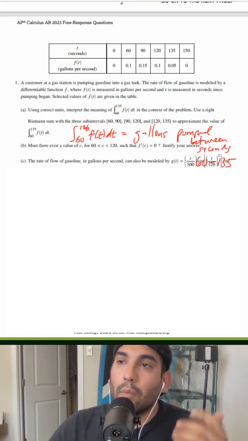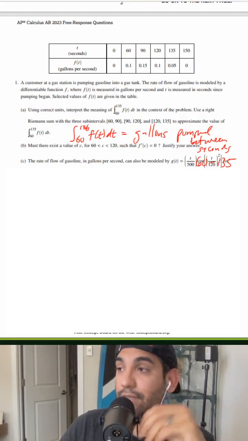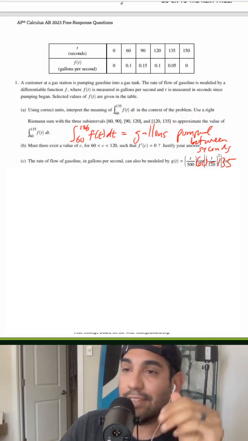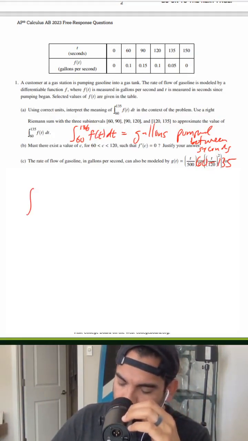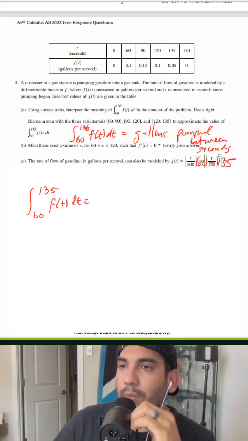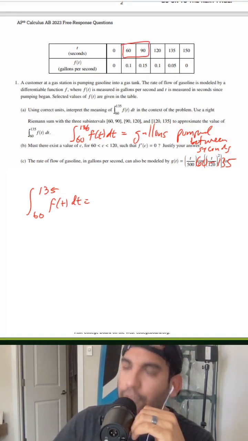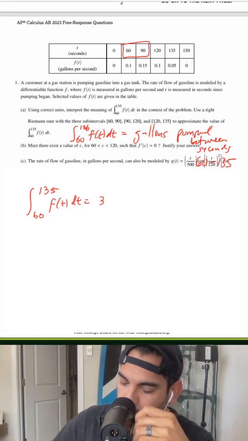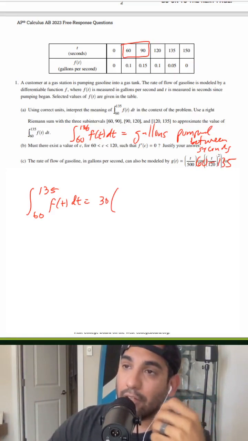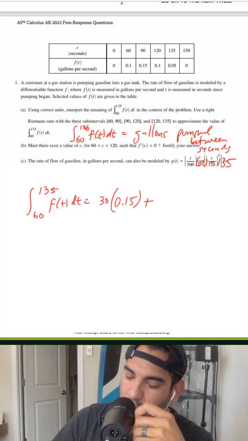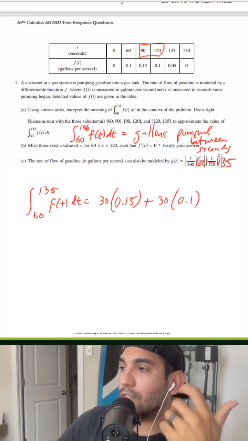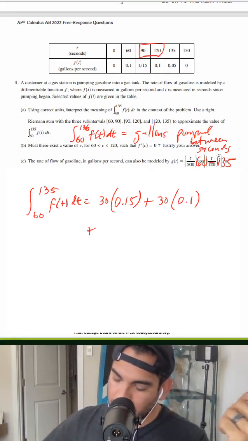All right, and then after that, they want us to find the right Riemann sum from 60 to 135, and I think someone had already mentioned that they accidentally did 0 to 150 or 0 to 135. Such a bummer, but when we set this up, 60 to 135 of f of t, we're using a right Riemann sum, so we start at 60. So the first interval, 60 to 90, has a width of 30, times the right value, so 0.15, plus now we're going to go to the next interval, 90 to 120. That's also 30 times 0.1, the right value, plus